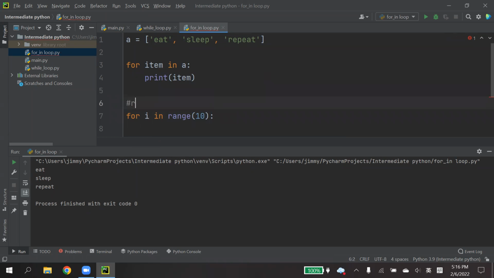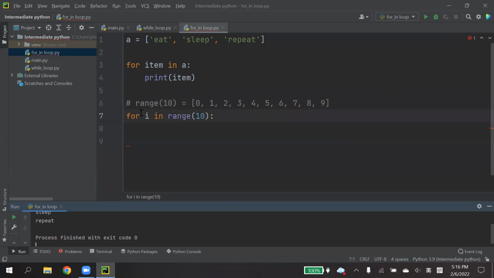So this range function actually creates something like a list for us, something like this: 0, 1, 2, 3, 4, 5, 6, up to 10. I think it does not include 10.